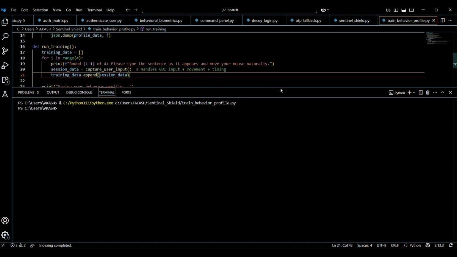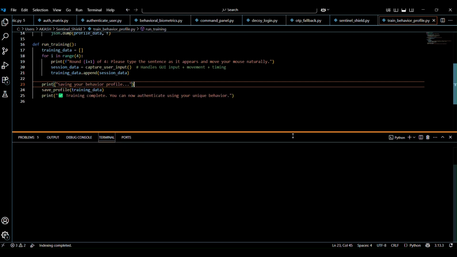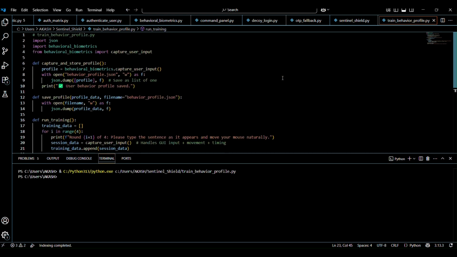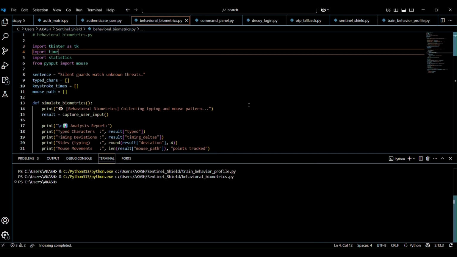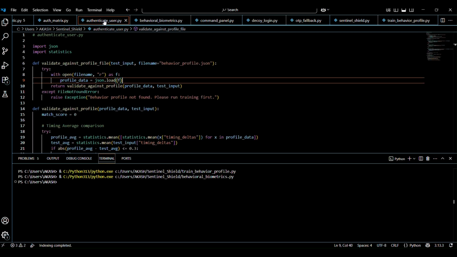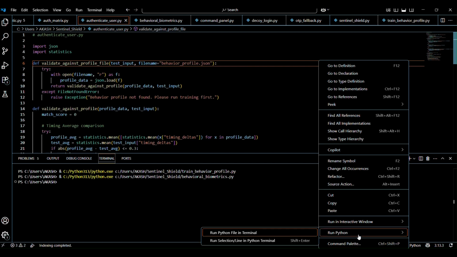It's a model of AI that records sessions. It will take the patterns and the speed of typing, and we'll go to the behavior biometrics. There we go. Run Python. So the behavior biometrics will be activating your inputs and validating your patterns.